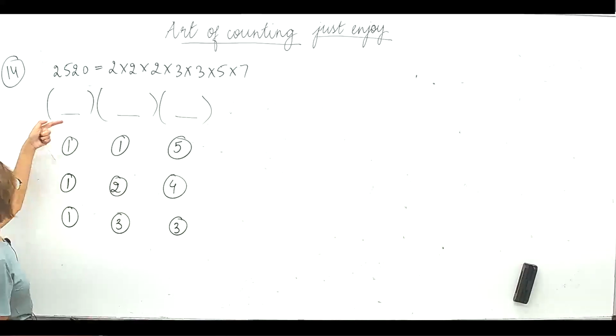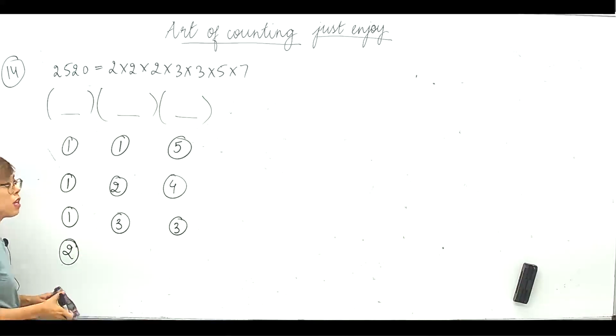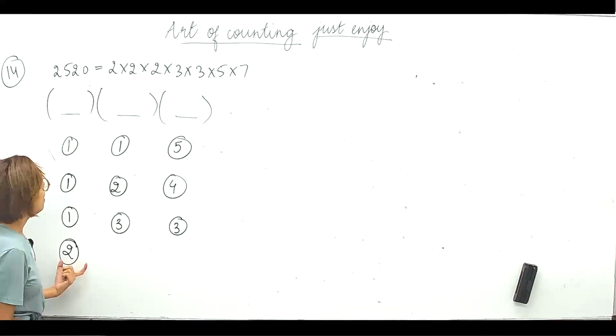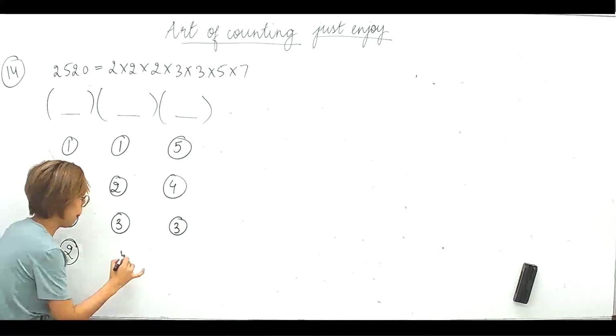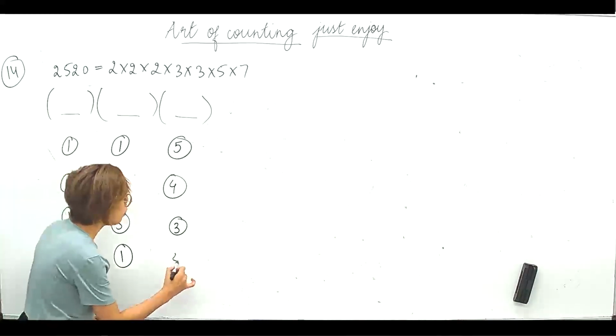So we began when we put 1 factor in the first one. So अब डालते हैं 2. Let's put in 2. Now suppose I have put in 2 here. Can I put 1 here? Does that make sense? If I put in 1 here, I have to put 4 here.